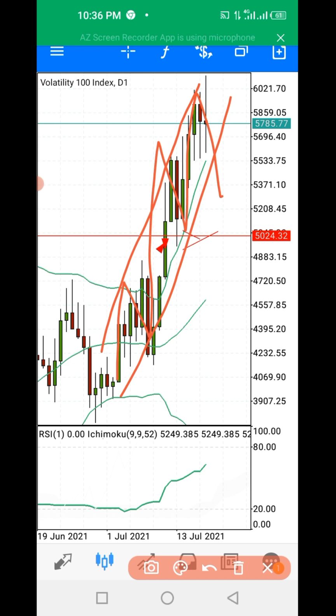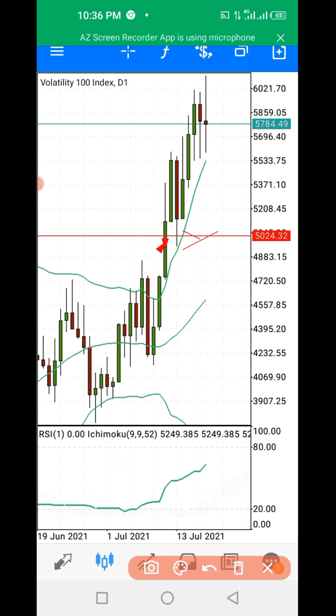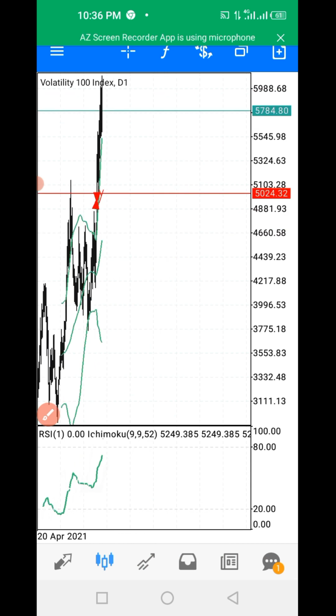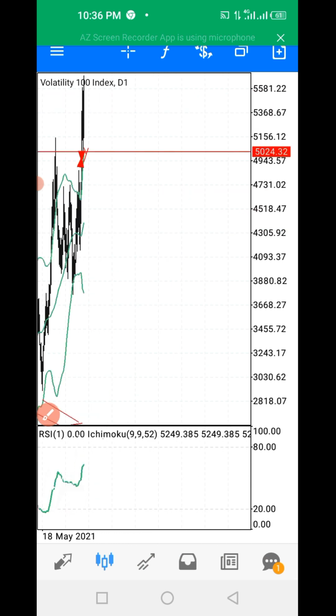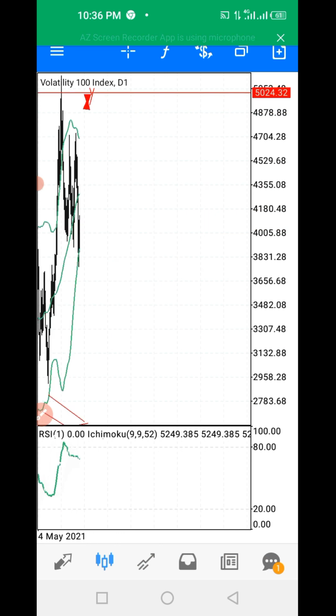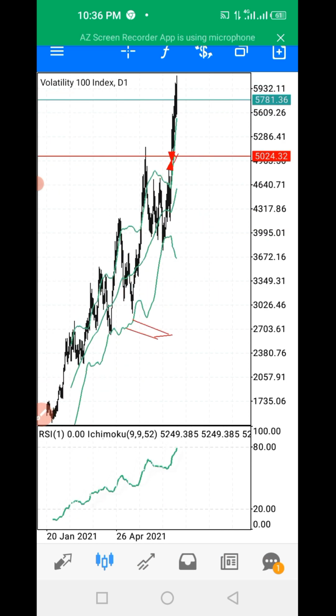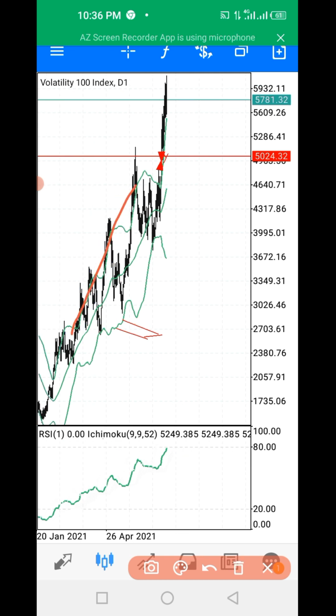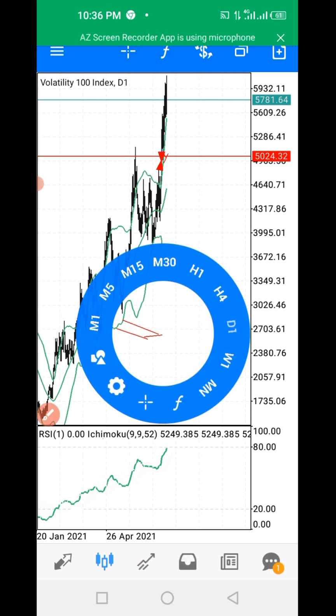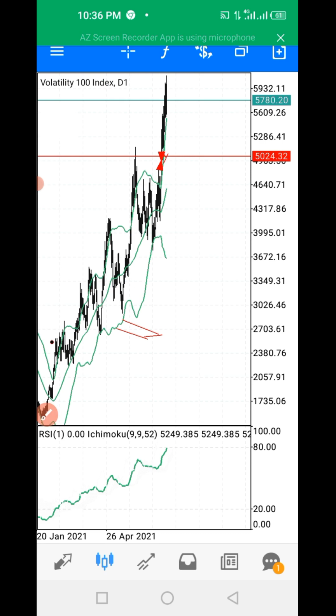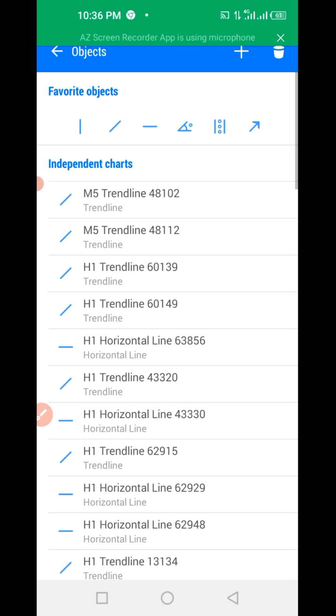But in real sense, I'll shrink my screen to see if there's a support level. No, there's no support level, but I can see something. What am I seeing? I'm seeing something like this. This is the daily chart. To take notes, I'm seeing something like this, and something like this. Let me use a trend line to draw it. I'm seeing a line like this upward, and I'm also seeing another line